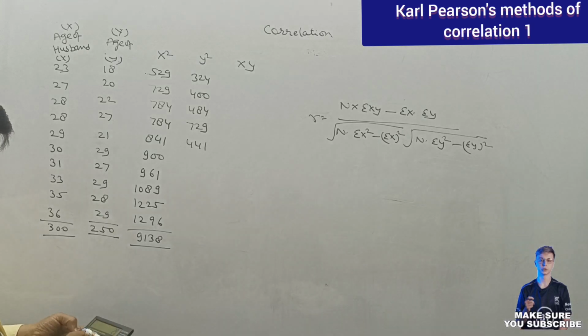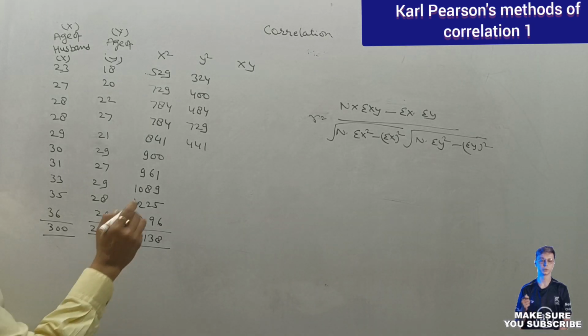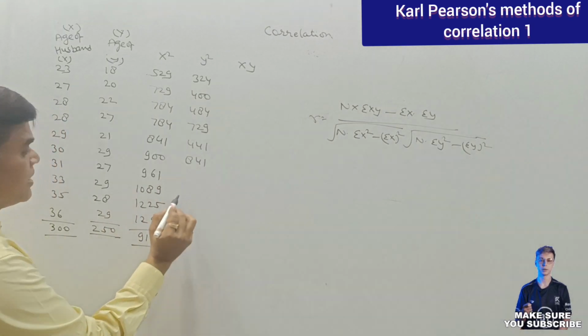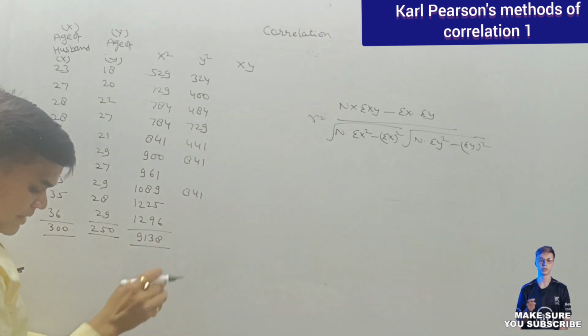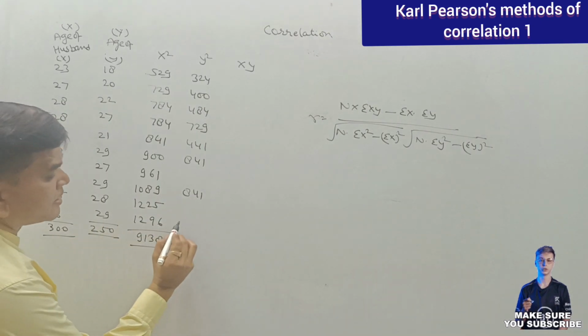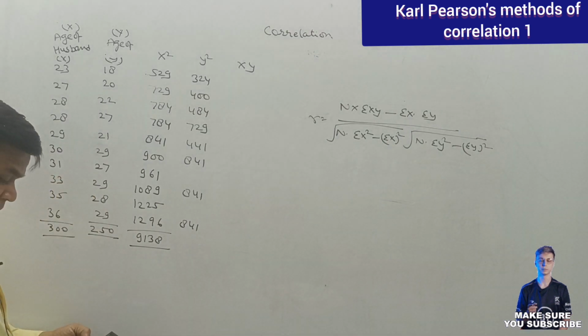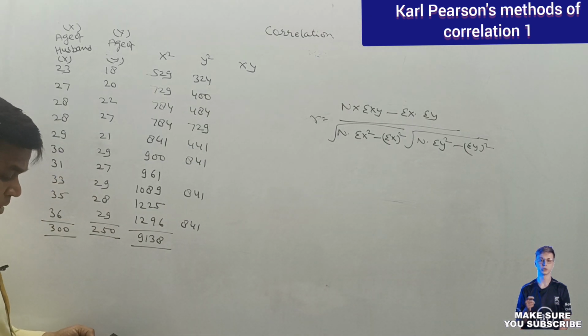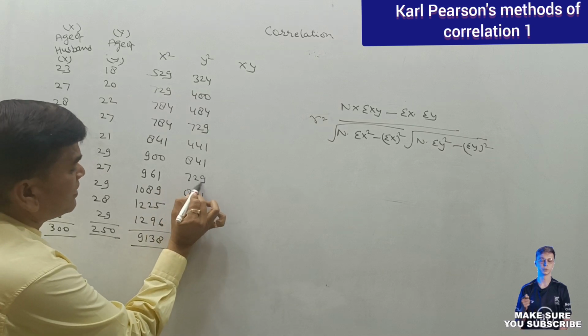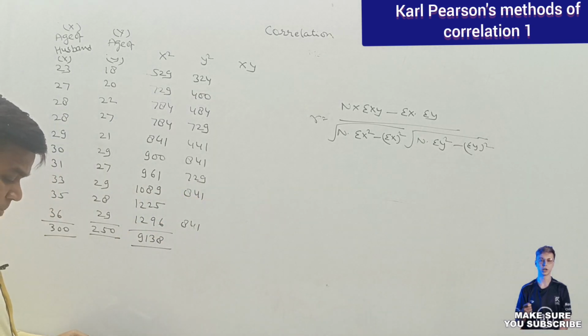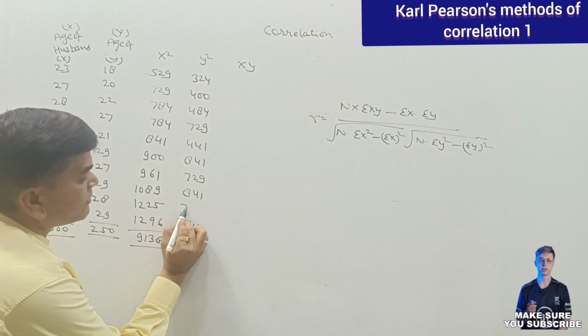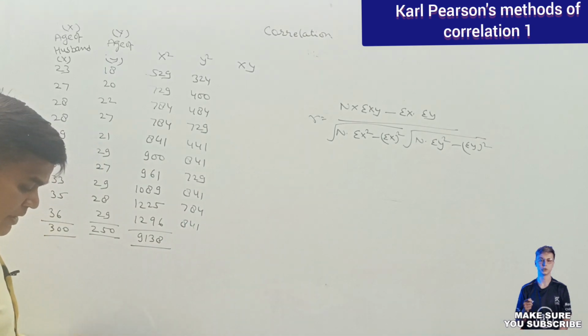Then 29 multiplied 29, 841 here, 841 here also, and the last 841 here also. 27 multiplied 27, 729, and 28 multiplied 28, that is 784. So the result will be